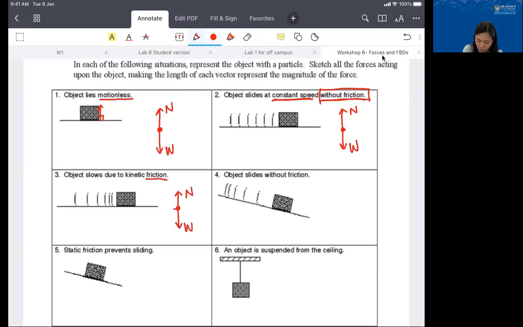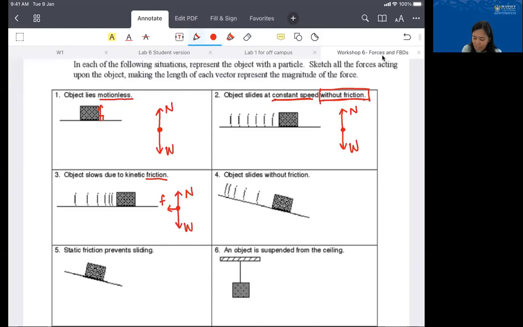It opposes the object's motion, and the figure shows that the object is moving to the right. The object slows down. That means there should be just one force that is